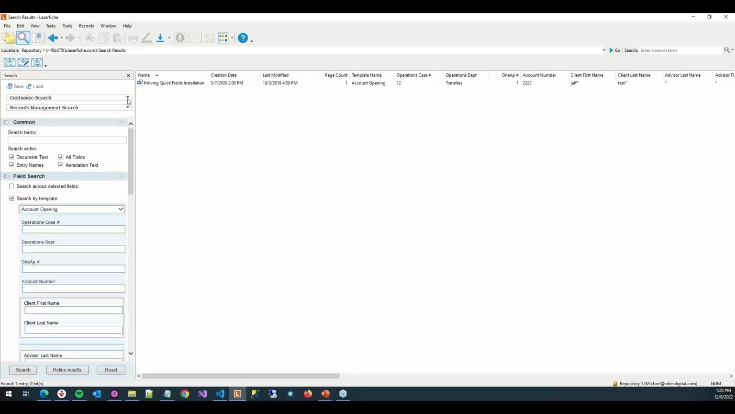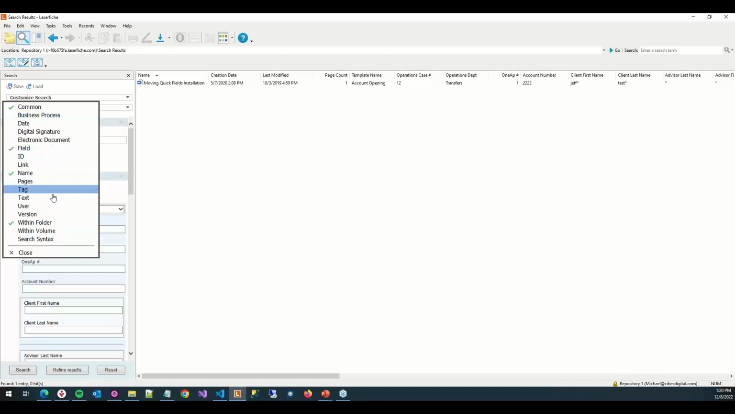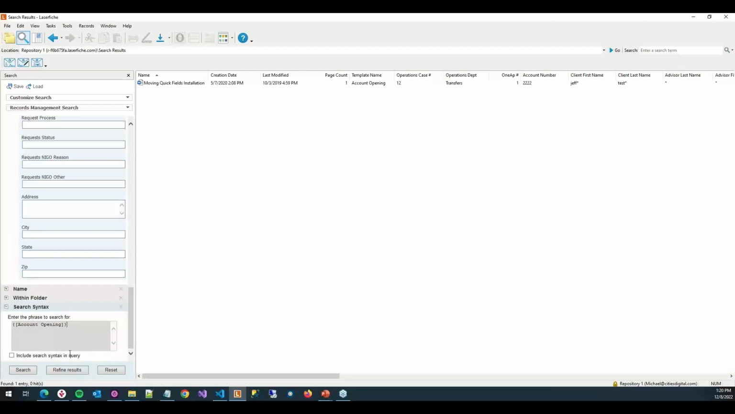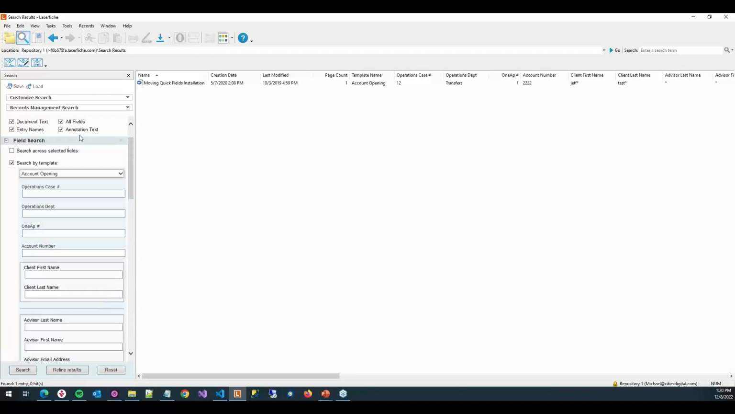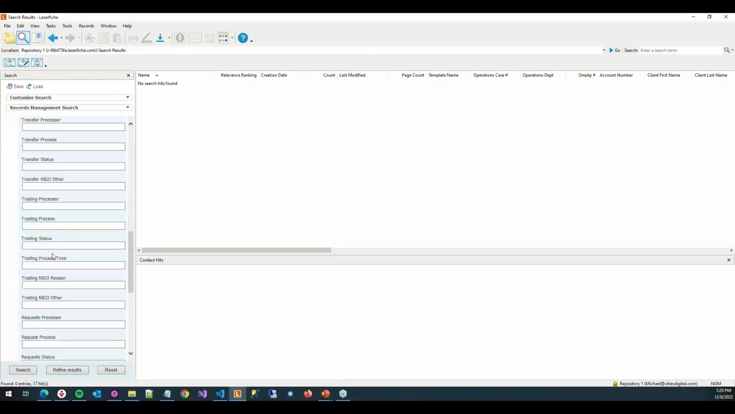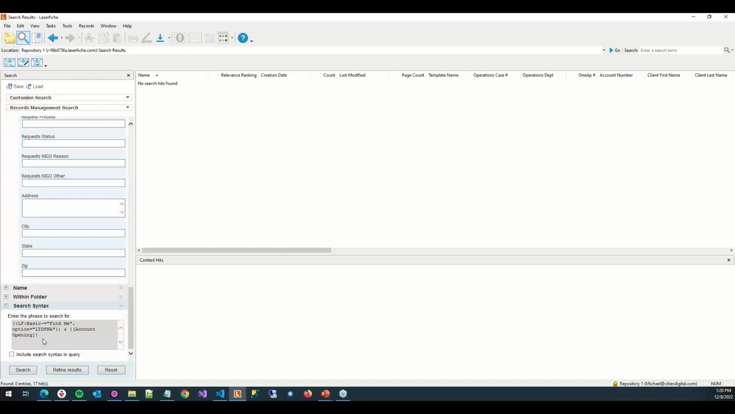Here, if we go back to our customized search and select search syntax, this will display our partial search syntax because I forgot to put in a search term. If we run our search again, we can now see that we have our search syntax displayed, and we can then copy our search syntax,